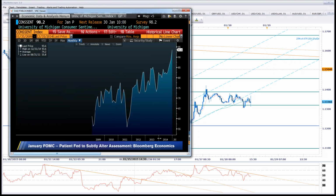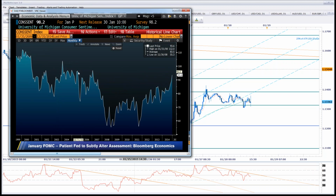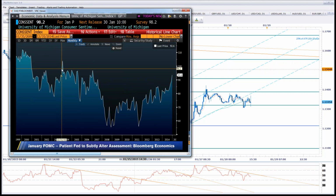I don't think we've seen that since 2005, was it? 98.3. 2003, literally. Okay, so you're basically looking at like a 10-year high in consumer confidence as you head into that